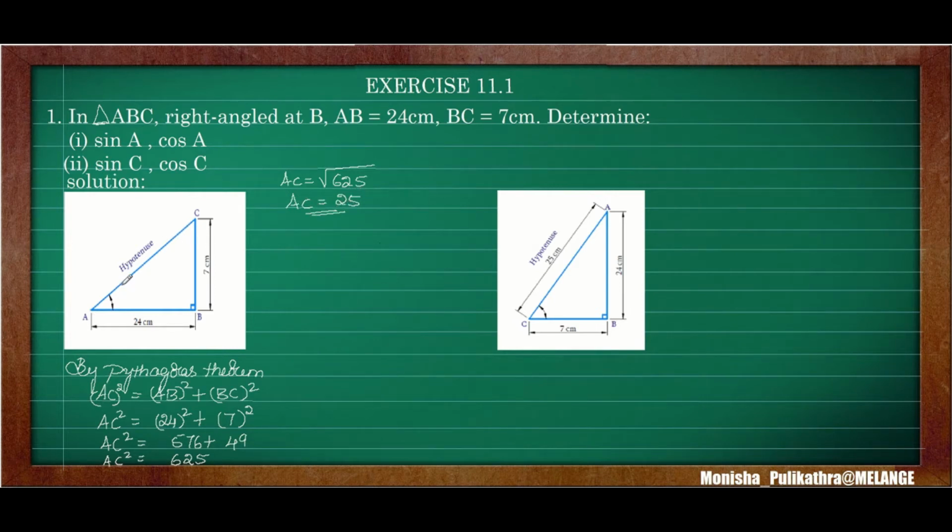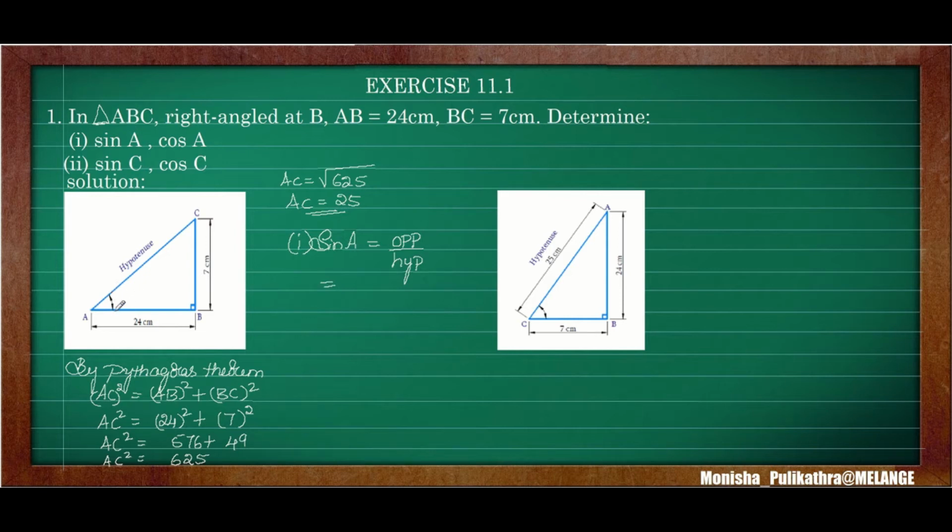First we need to find out the value of the hypotenuse, that is AC. Next, the first question is sin A. There is no addition or subtraction symbol here, no plus or minus. It is simply a comma. So we have to find out sin A and cos A separately. First one is sin A. From the introductory video, where I told you about the ratios of sin, cos and all other trigonometric ratios, sin A is nothing but opposite by hypotenuse.